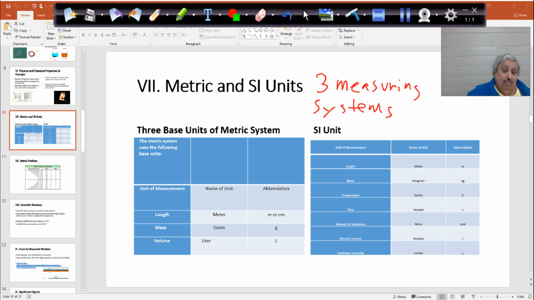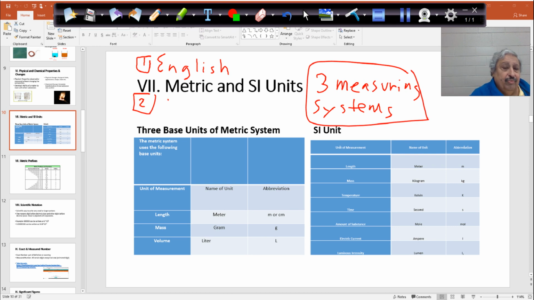The one we are not using per se for science. We are using it for commercial and business purposes. So we have the first one here, and it's really widely used, but mostly for commercial purposes: the English measuring system. Then we have metric. And then number 3, we have SI